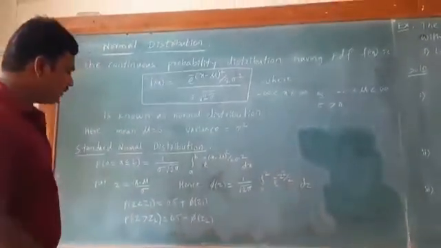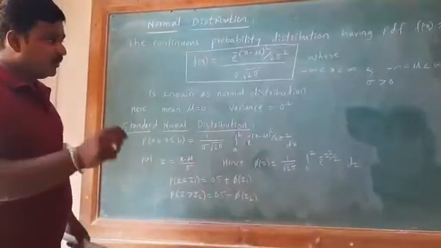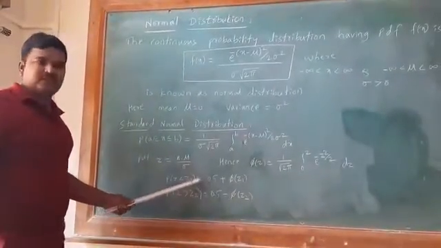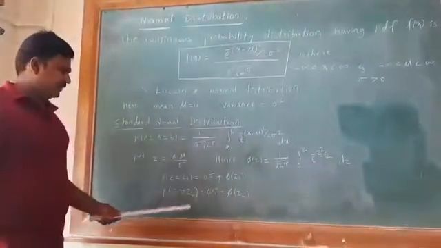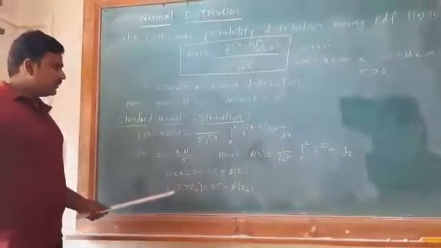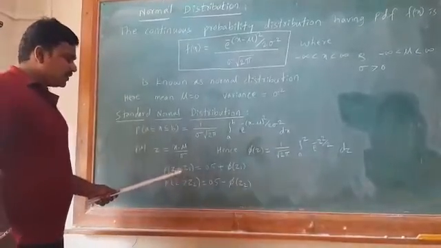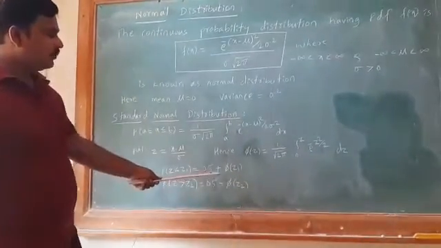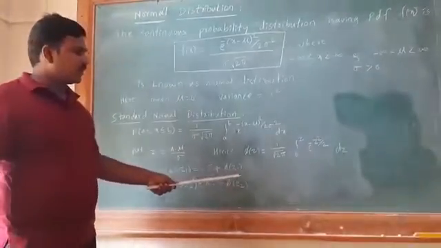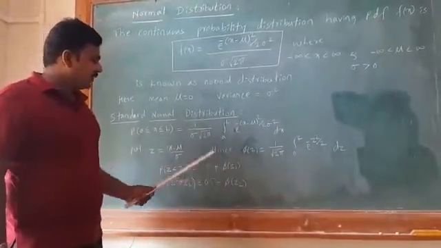Now the main thing is when we solve examples. First we remember these two conditions, which are very important here: P of z less than z1 and P of z greater than z1. For less than, it is 0.5 plus phi of z1, where phi of z1 is the value for this z1.